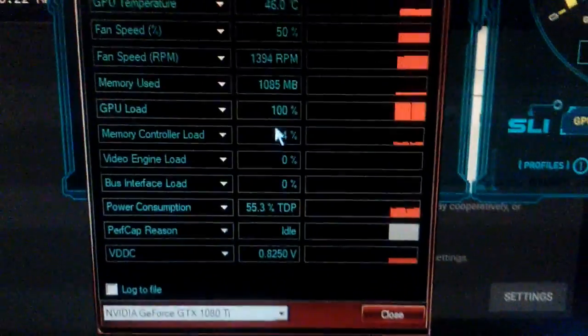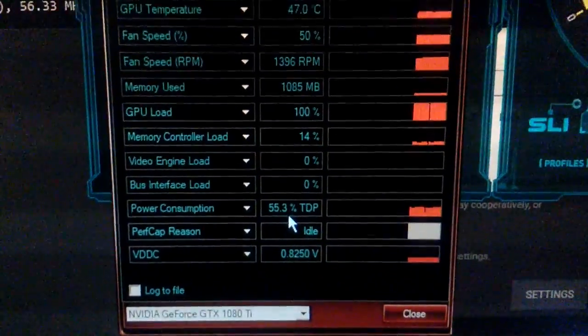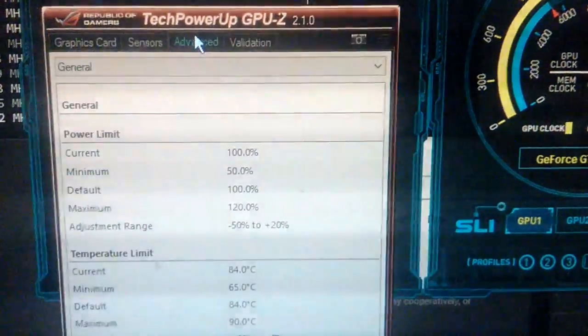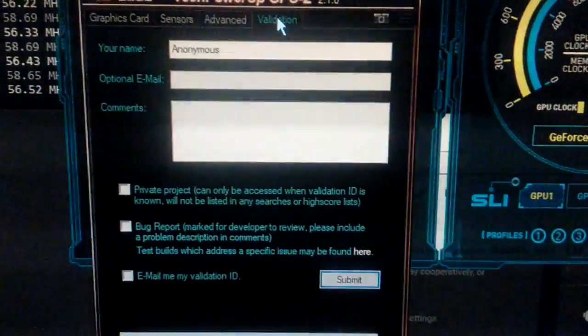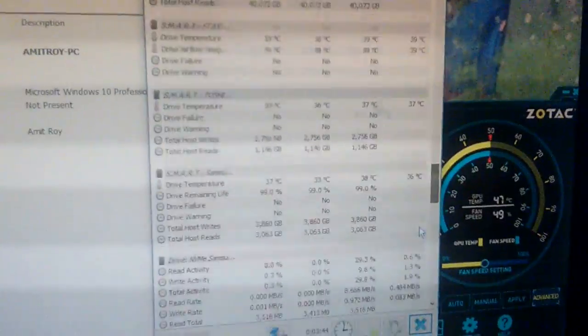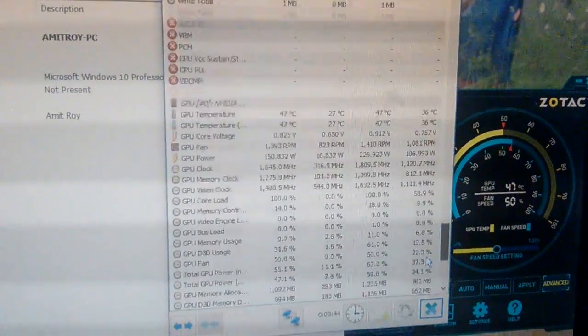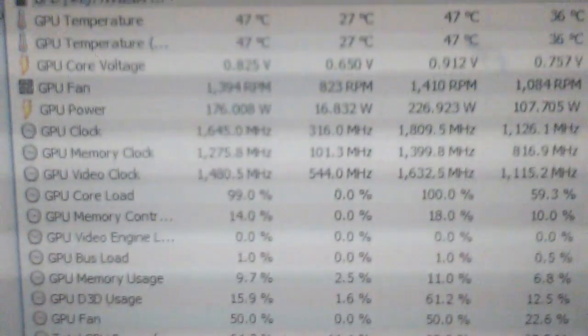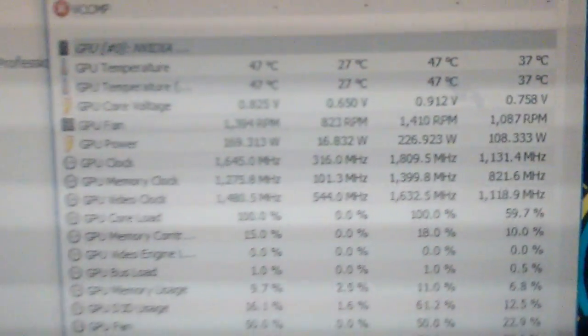You can see GPU is at 100% load. What else can I show you? Let's start up hardware monitor. Scroll it down to GPU section. Here you can see all the detail. Temperature is sitting around 47 right now,